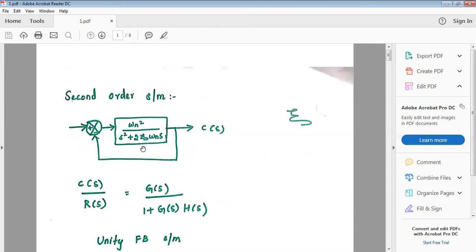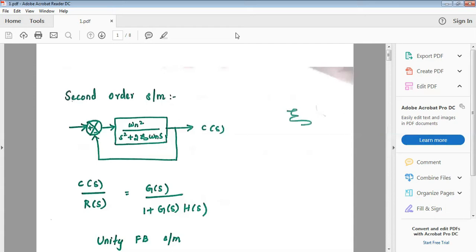Damping force is nothing but, in the case of friction, friction is one of the damping forces, right? So omega n is the angular frequency at which the system tends to oscillate in the absence of damping. So without any damping force, this angular frequency tends to oscillate. That is called omega n. Already I have said the damping is used to reduce the oscillations, right?